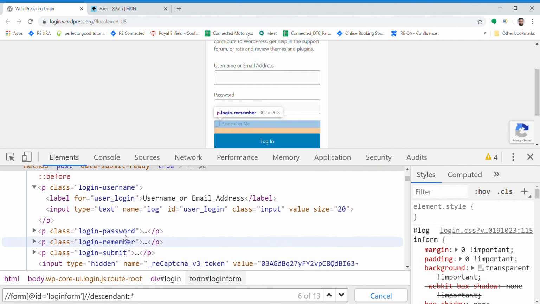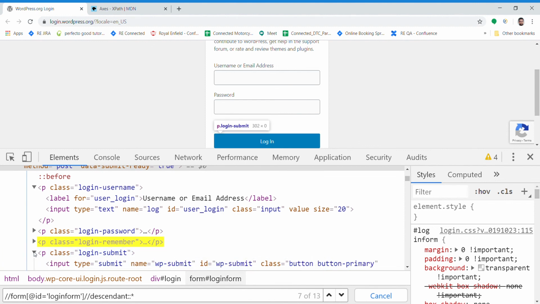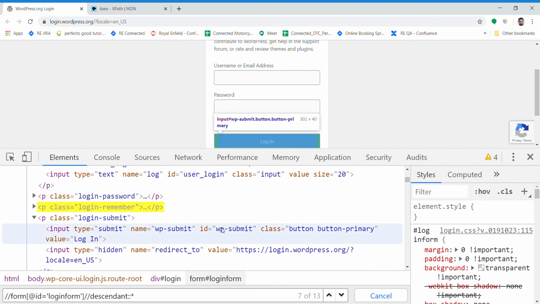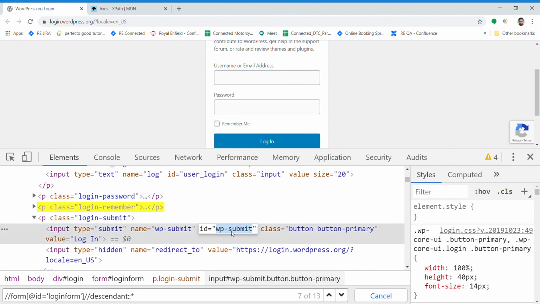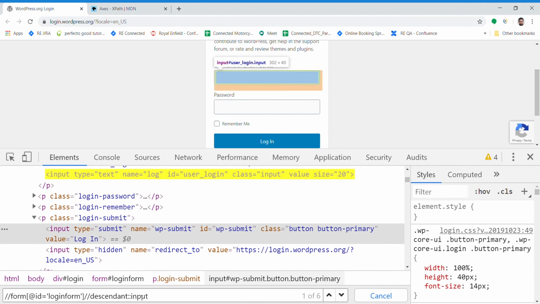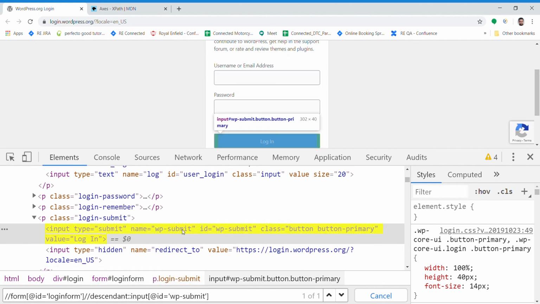So here the purpose of this axis is that if you wanted to go to a specific descendant, let's say I wanted to go to this descendant having this ID, I will just say go to input which has id equals this, and boom, we are able to find it.